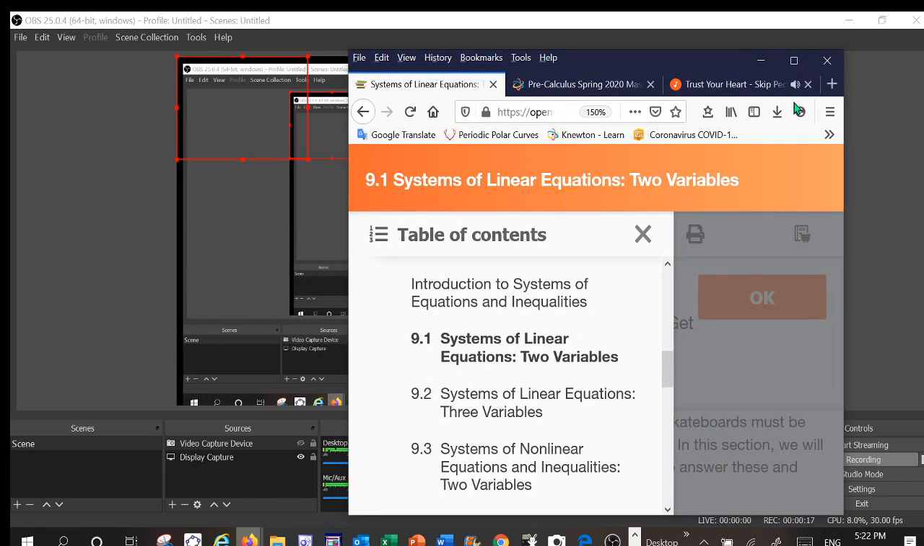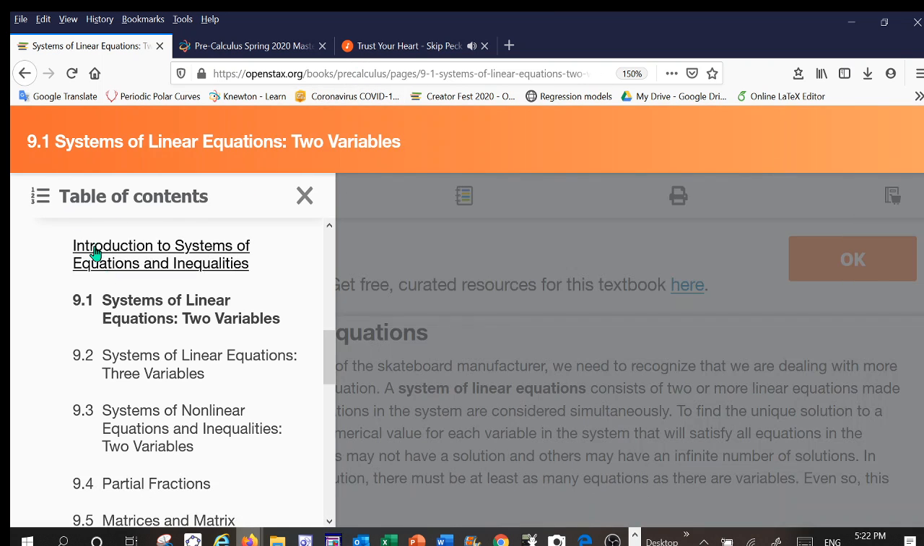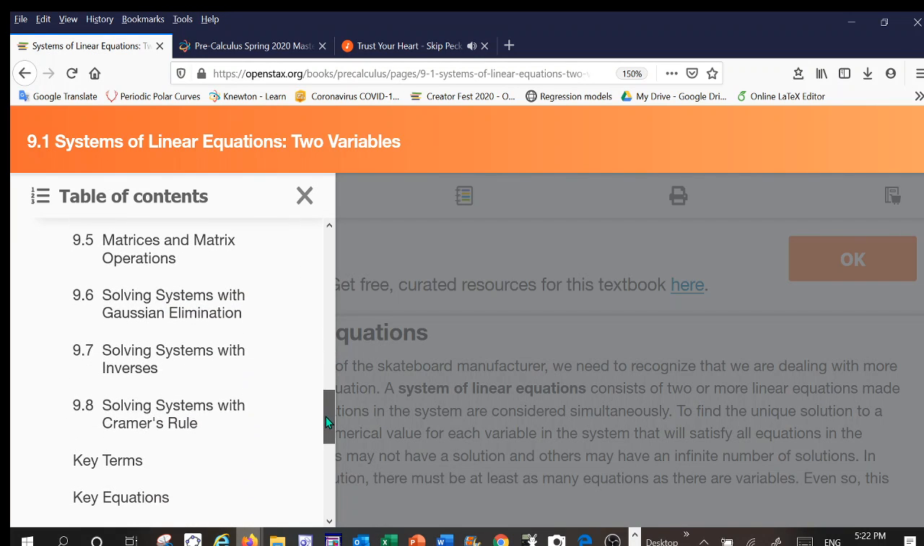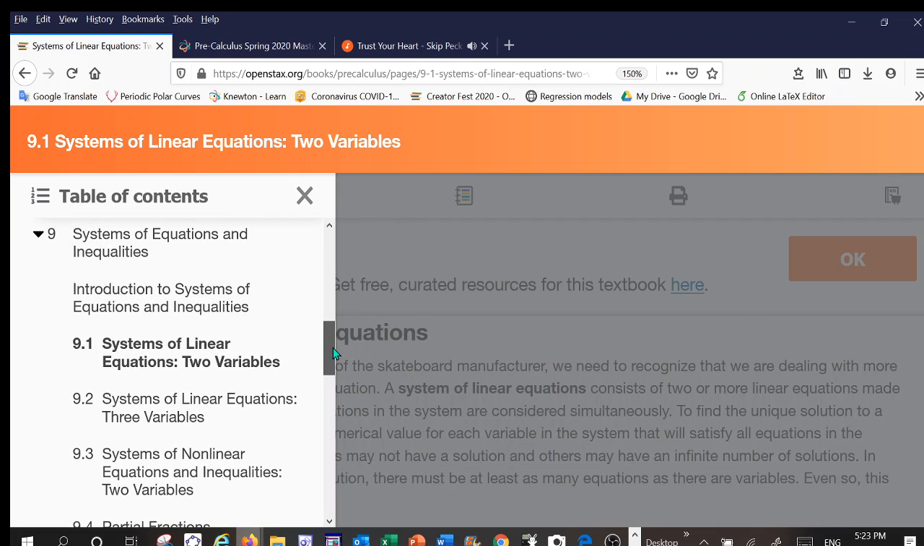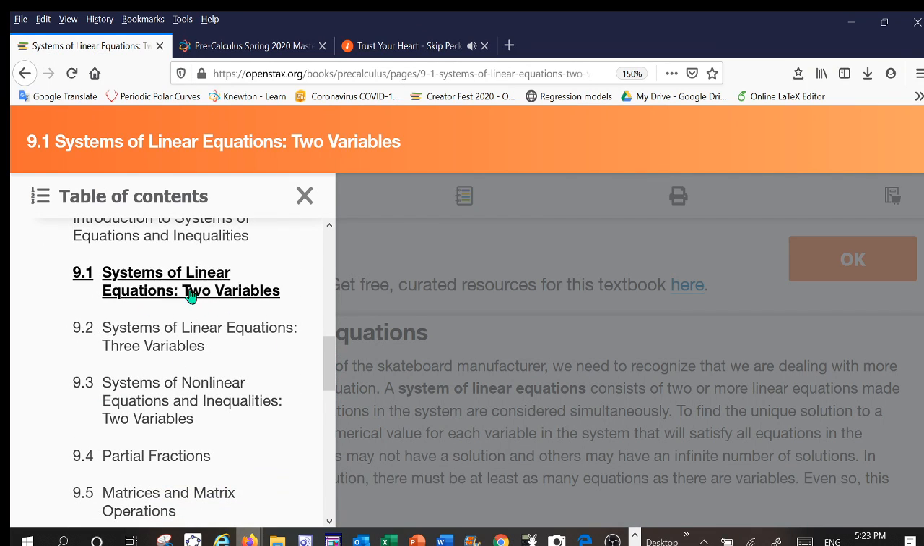Let me take a picture of there. And we're going to talk about these three sections right here in the text. And also I'm going to talk about how to solve systems of equations using matrices, which you learn in college algebra. But I'm mainly going to talk about how to solve systems of linear equations and systems of nonlinear equations. So let's just start with